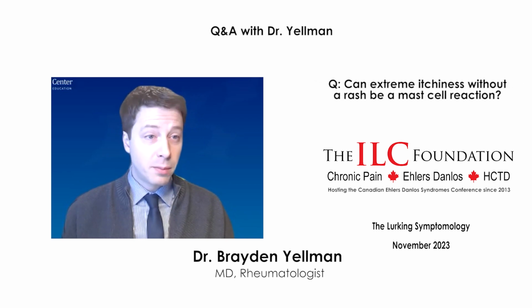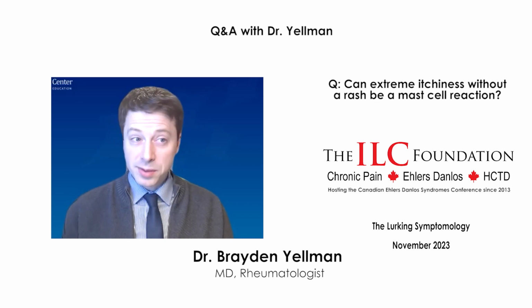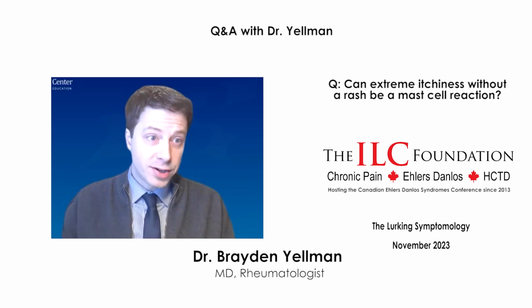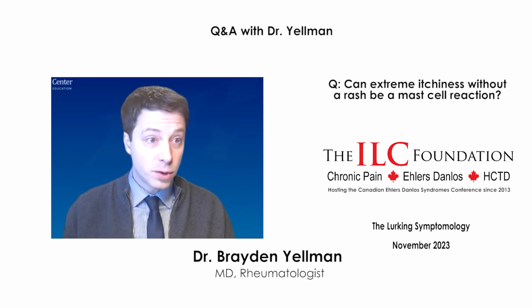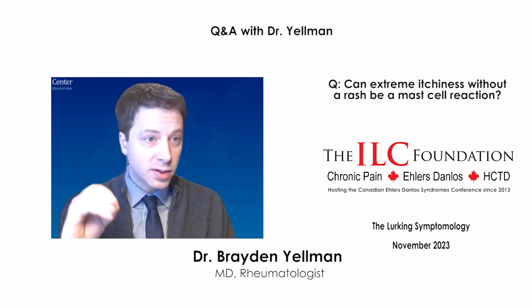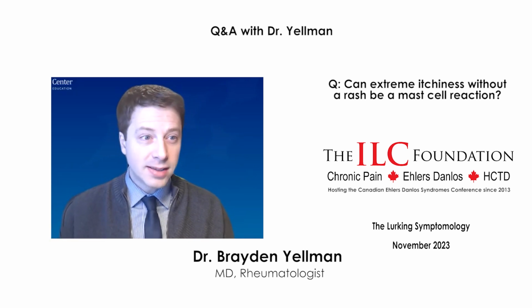Yes, it absolutely can be a mast cell reaction, but there is a differential diagnosis in those circumstances. Whenever somebody comes in with extreme itchiness and they don't have a visible rash, I am generally, at least in this population, vacillating between mast cell activation and small fiber polyneuropathy or other versions of nerve damage. So you can have a neuropathic itching. So it's really the way the signaling of the nerves is being processed that creates the itching, or you can